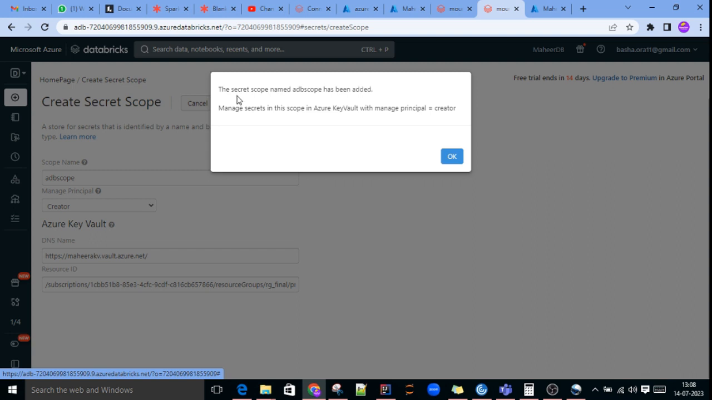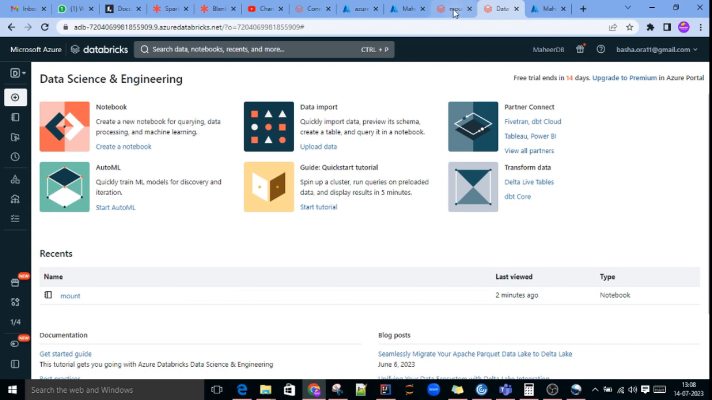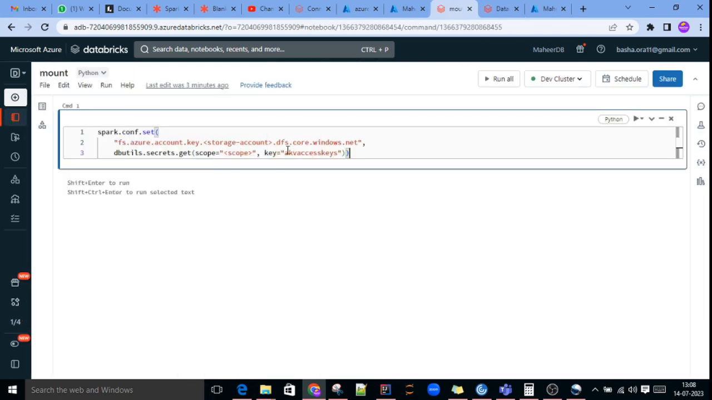Okay. What is it saying? Secret scope has been added. ADB scope has been added. Okay. Now what we can do is, come under here and replace that scope keyword with this name. Okay. Now what we can do is,